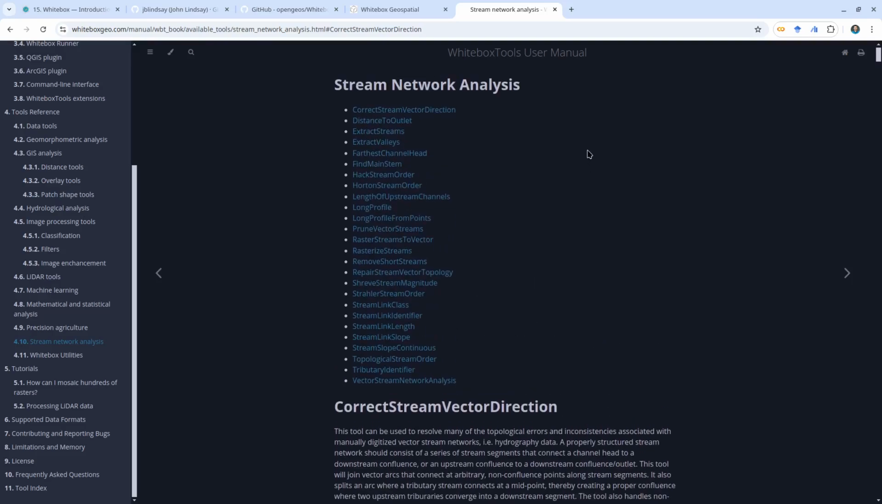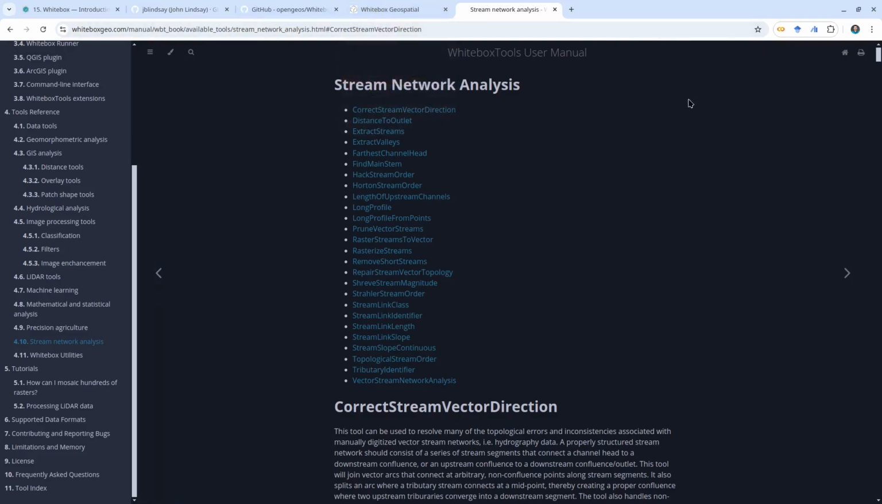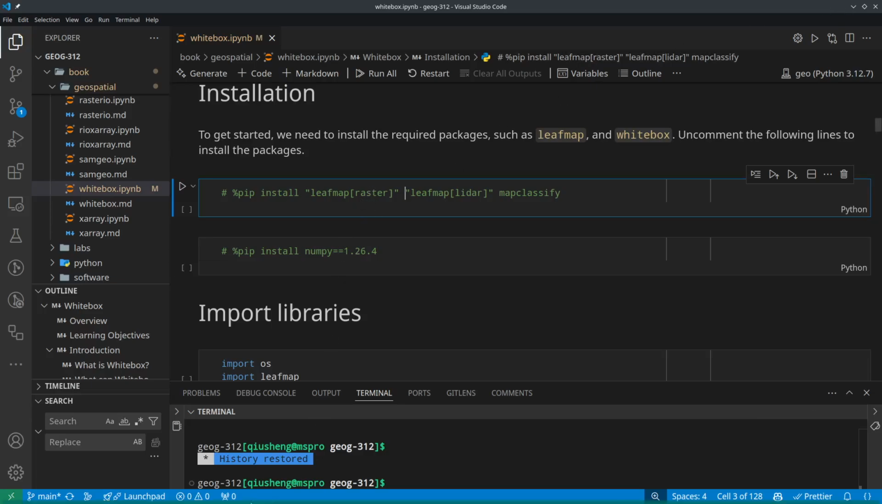For the notebook we're going to cover today, I won't be able to explain details about every tool, but you can always come to this user manual to look at the help documentation, or you can use this one to do the search. You will be able to find the documentation. Okay,